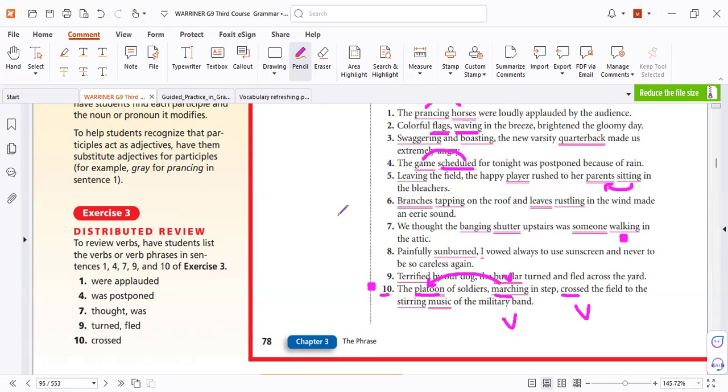Who was walking? So read and tell me who or what was walking in the attic. It is a noun, someone, or someone, because it comes after a noun or pronoun. Again, we saw the banging shutter. So what or who was banging the shutter? This is an adjective to the noun shutter. If the shutter does not bang, the answer is wrong. But here it's a bang already. Feel it? Yes, correct.